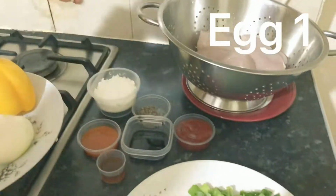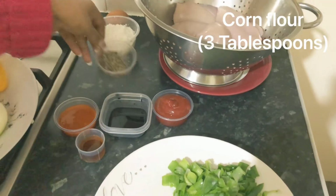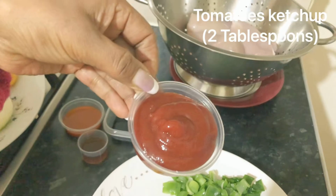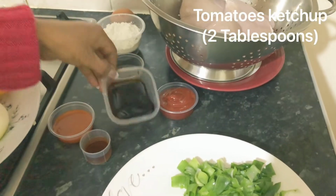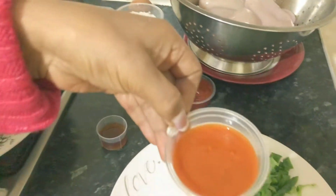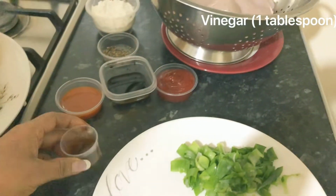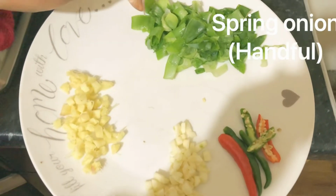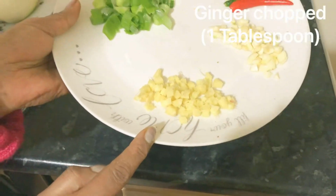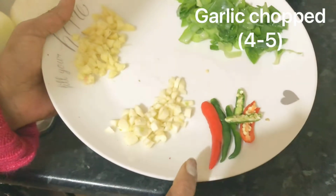1 egg, corn flour 3 tablespoons, half teaspoon of crushed pepper, 2 tablespoons of the tomato ketchup, 2 tablespoons of the soy sauce, 2 teaspoons of chili sauce, and 1 spoon of vinegar, and spring onion handful, and 1 spoon of cut ginger, 4 to 5 garlic, and 3 green chili,